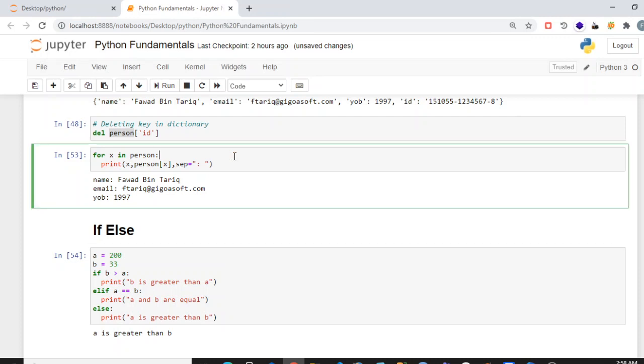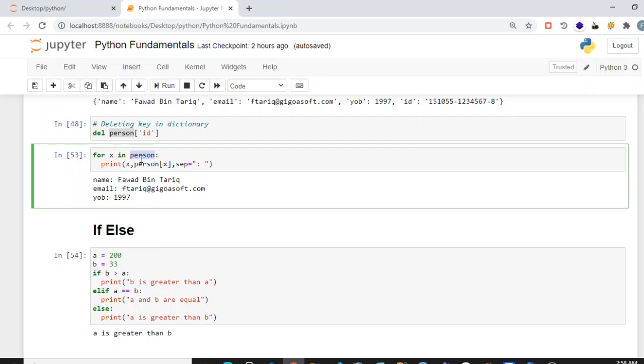And then we can also print keys as well as values of a dictionary in a for loop. So what we can do is for x in the name of the dictionary, here x will be the name of the temporary variable which will be iterated in the for loop, and after in I have specified the name of the dictionary.